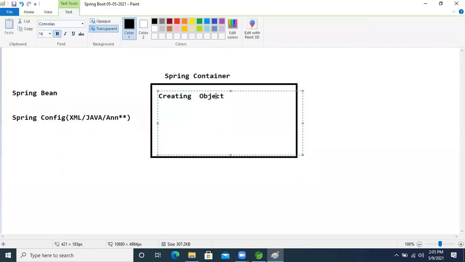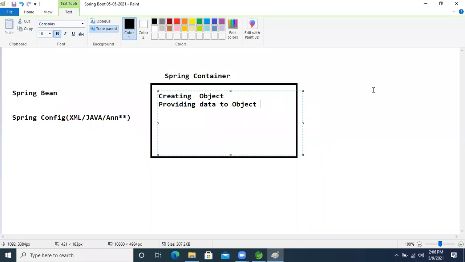After that, it will provide the data, whatever data members are there, like private employee ID, employee name. It provides data to the object.